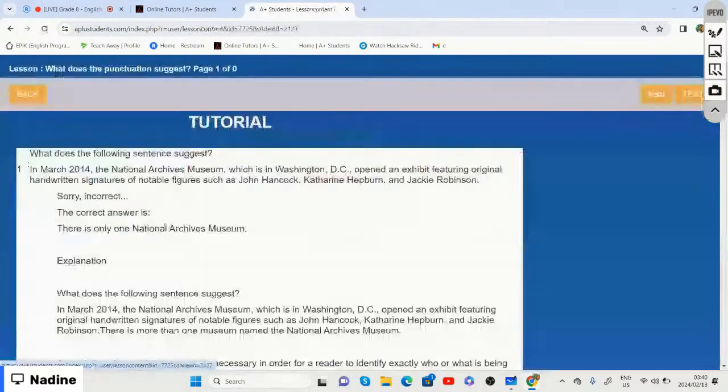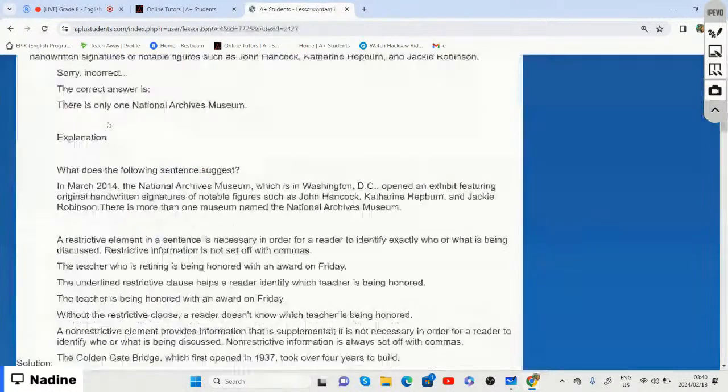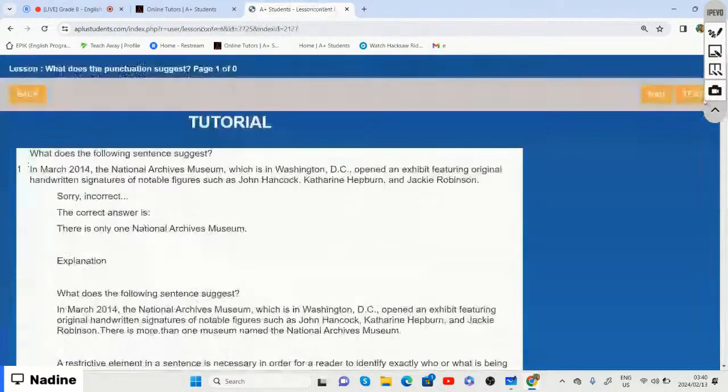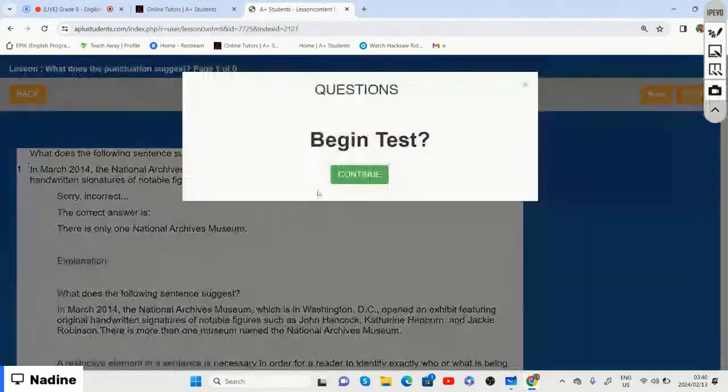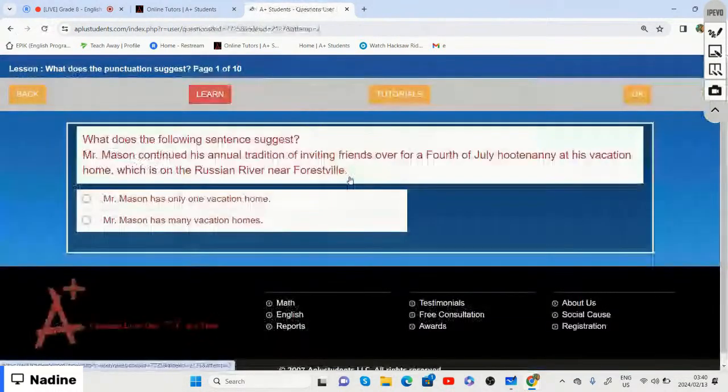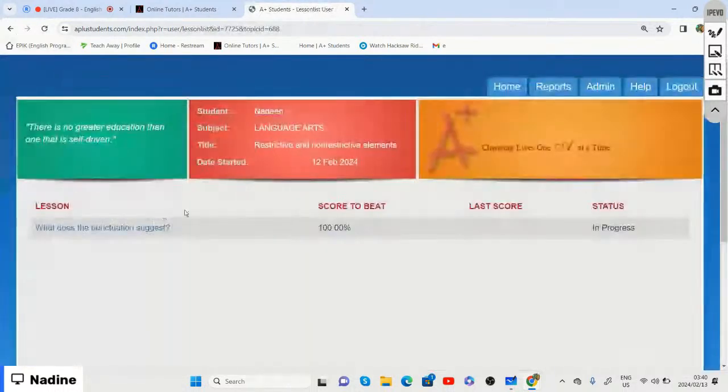Where did it go? The first one was to finish the test before we go to the final test. Okay, it's gone out now. It didn't show us the final test. Okay, so once again,